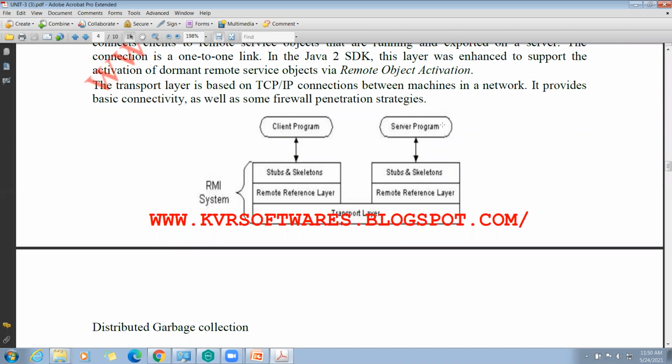See here, what are the components in the client program in the part of the RMI system? Stubs and skeletons, and the next one is the remote reference layer.